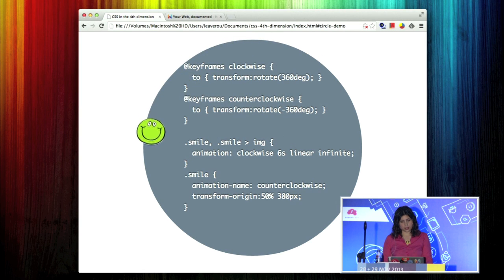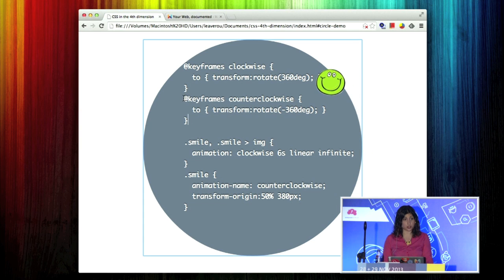which would look like this. I have two reverse rotations. At any point, each rotation cancels the other. I have two elements. A different transform origin and a different animation applies to each of them. So one of them cancels the other, so you see no rotation, but you just see the movement. And you can make it even